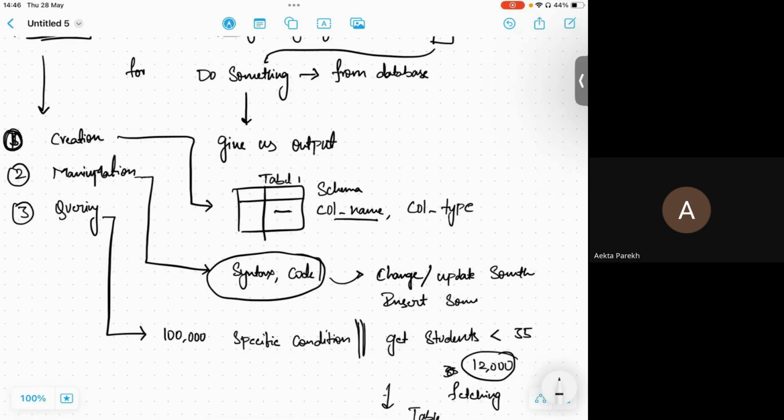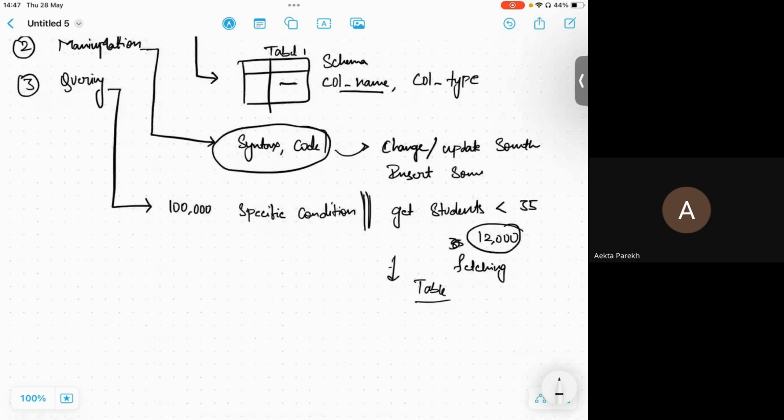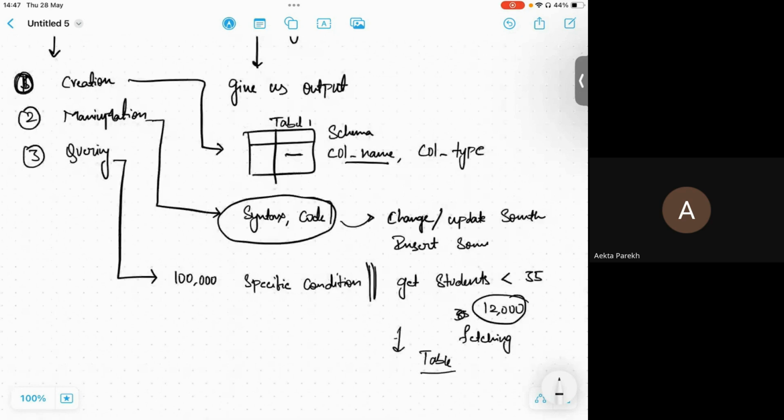Now I'll show you quickly how you can actually create a table in a database on a computer, and then query it or insert values into it. If you have any doubt regarding this theory part, or need more clarity on any topic, let me know. If you're okay with the theory part, we can move on to the coding part.